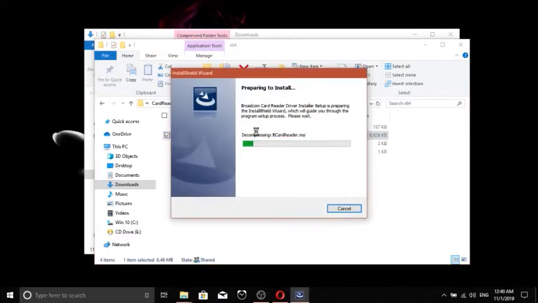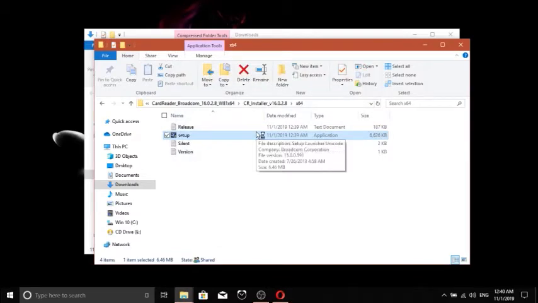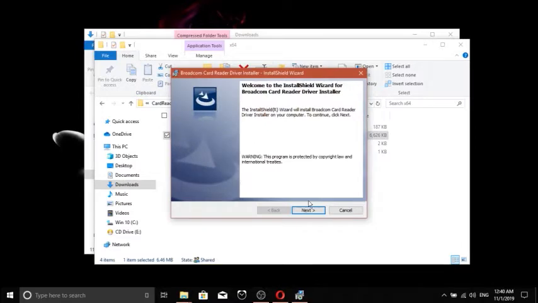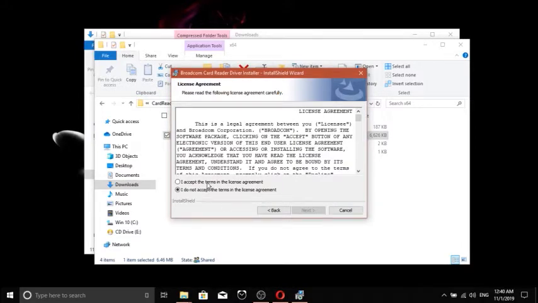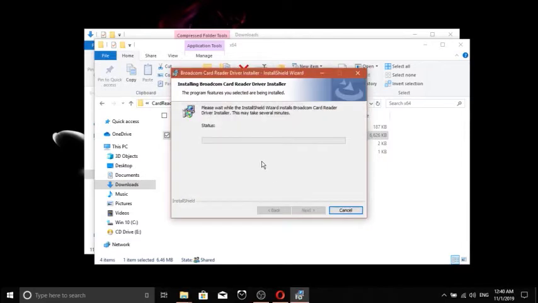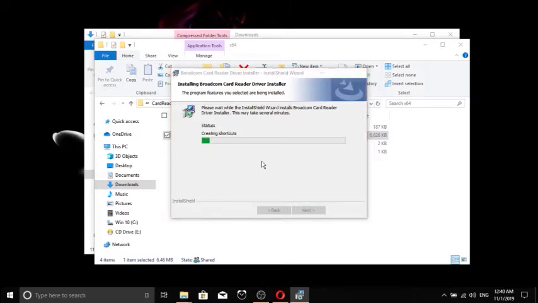So we'll watch this install, and once that is done, my card reader becomes functional. So before this driver was installed, it wasn't working. But after this, it definitely will be working. So this is how you go about looking for the drivers on your PCs, your laptop manufacturer's websites, downloading them and having them installed. Okay, so once this is done,